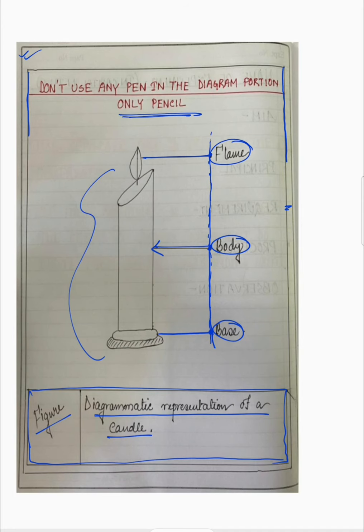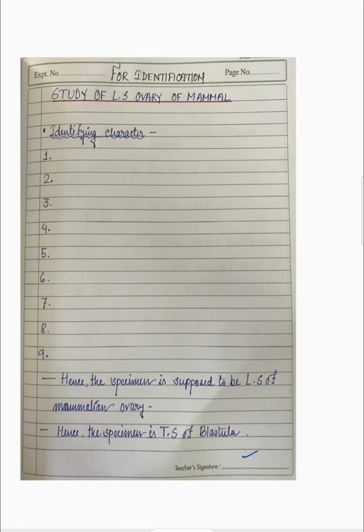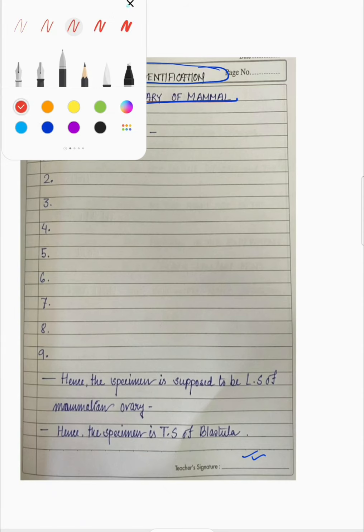For the biology practical copy, one side is white and the other side is ruled. In the ruled side, suppose for identification, especially for class 11 and 12, there comes identification. You can see something under the microscope, you can see something in a jar, you can see any model. So just like that, at the heading you have to write study of LS of ovary. Suppose it's a mammalian ovary, you have seen this under the microscope. So you have to write the heading totally in capital letters.